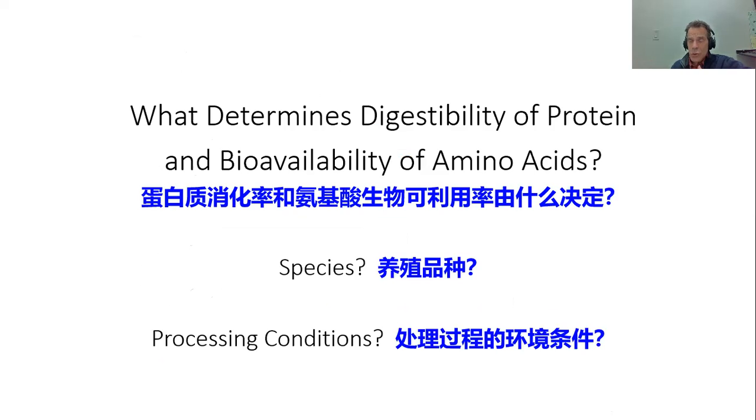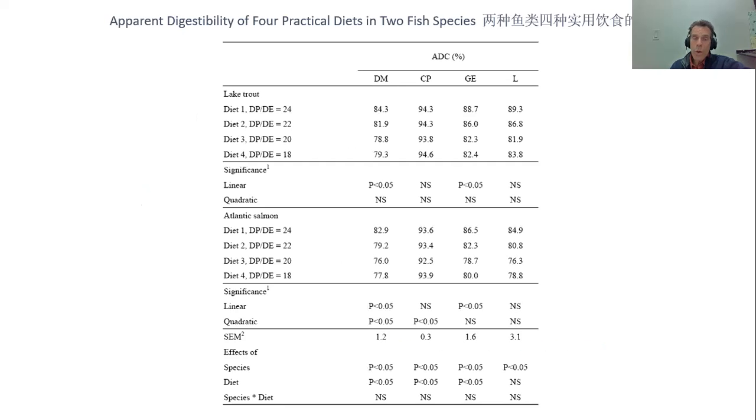And that led me to think about what determines whether something is digestible and whether something is bioavailable. People assume it's often the species and the rearing condition, and actually what we found has little to do with this. Everything has to do with how the ingredient is processed. It's related to the chemistry of ingredients, and hopefully I'll show you about this. Now, in terms of differences between species, I've reared numerous fish species in my lab, fed the same diet, and you can find some small difference in digestibility. They can be significant, but the order of difference is 2 or 3%, sometimes 1% difference in digestibility.